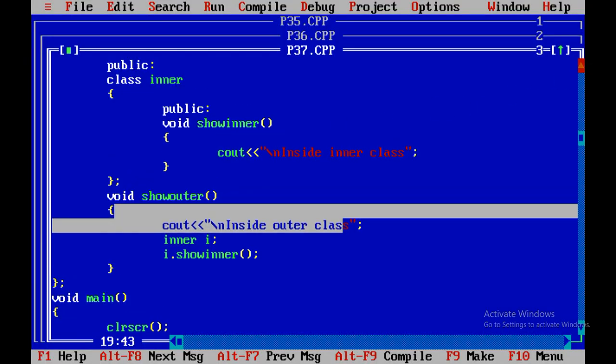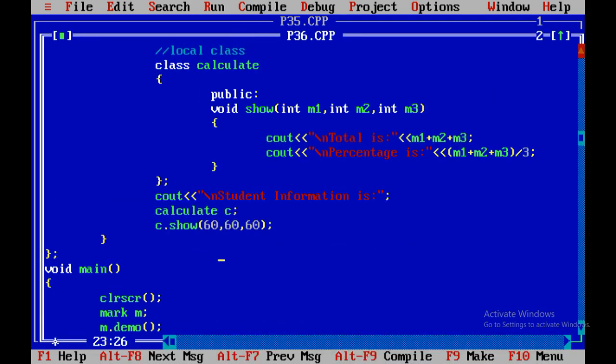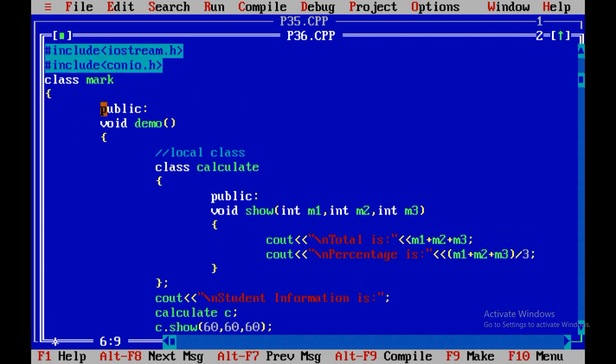So now there is a question: what is the difference between local class and nested class? Remember one thing, when there is a class declared within another class, that is called nested classes. But when you use the concept of local class, one method is declared in between two classes.